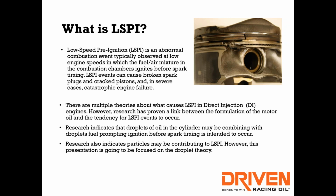And in a traditional carbureted or port fuel injected engine, the fuel is introduced upstream of the intake valve. It's outside the combustion chamber. So, you think about the piston going down on the intake stroke and drawing the air-fuel mixture into the combustion chamber, there's literally roughly 360 degrees of time in terms of crankshaft rotation for the fuel